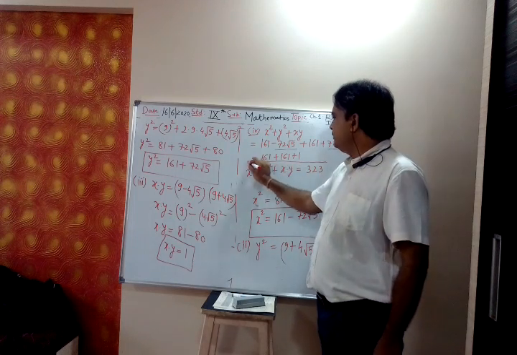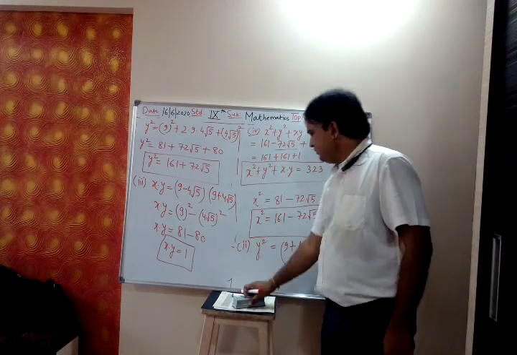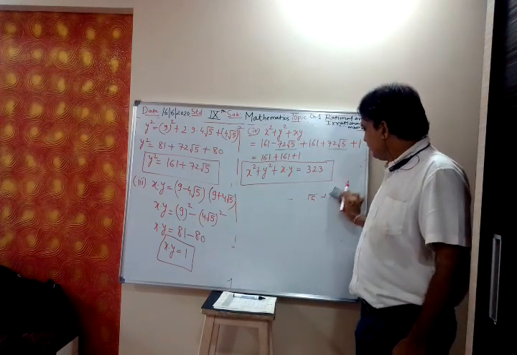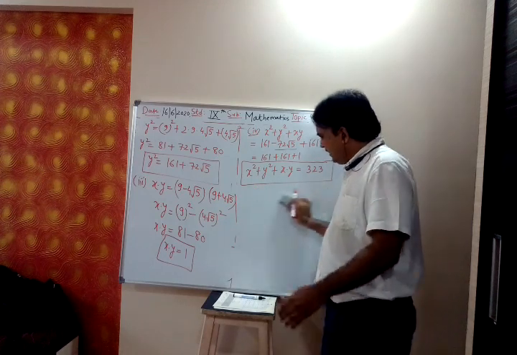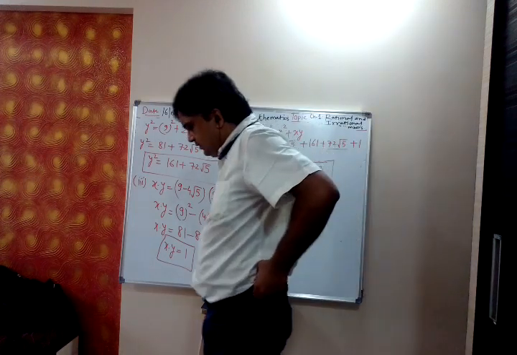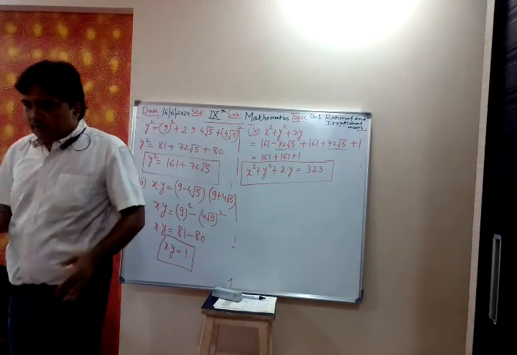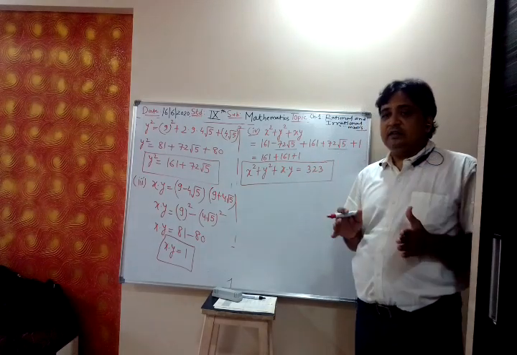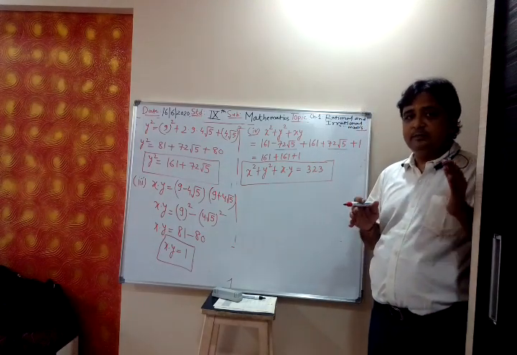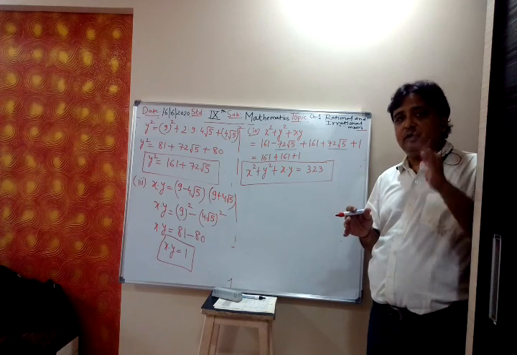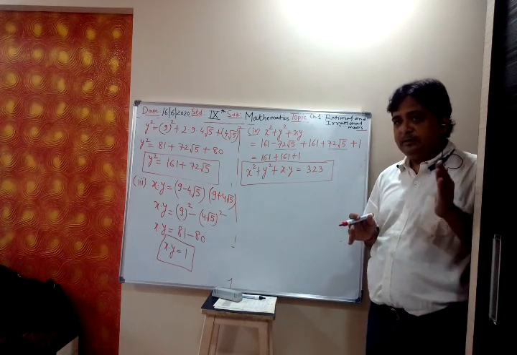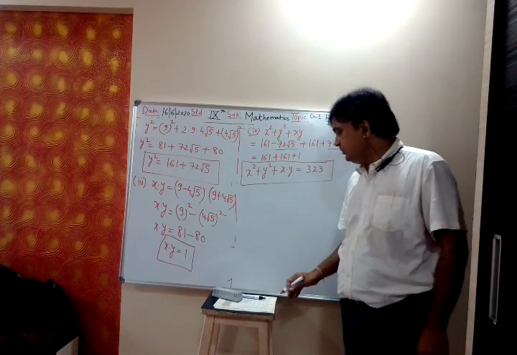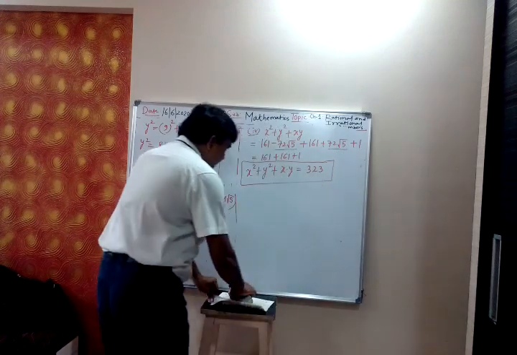So such type of problems you can expect in the board exam from this chapter. You are given the x and y. Yes, answer can be negative also, it does not matter. But what is important, without rationalizing the denominator of x and y and simplifying, don't directly start squaring. You have to simplify x and y and get the simplified value by rationalizing the denominator, and then you have to simplify each one of them.